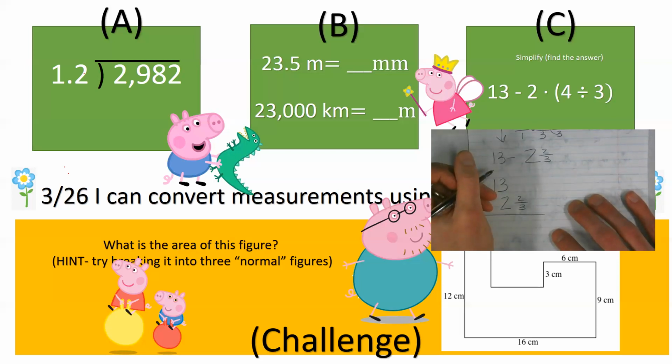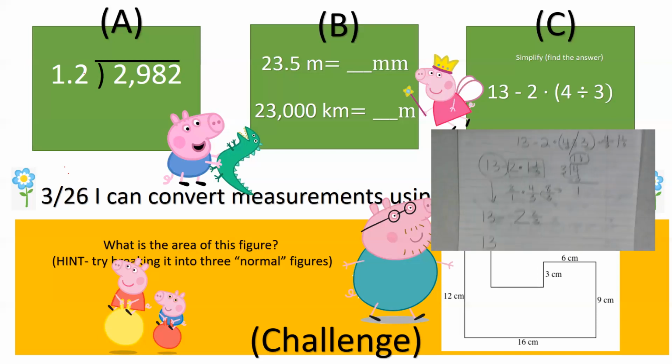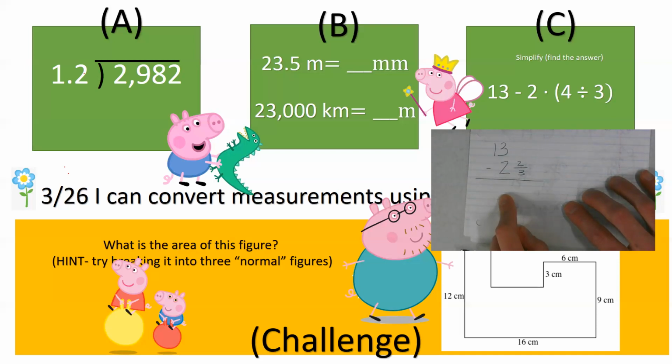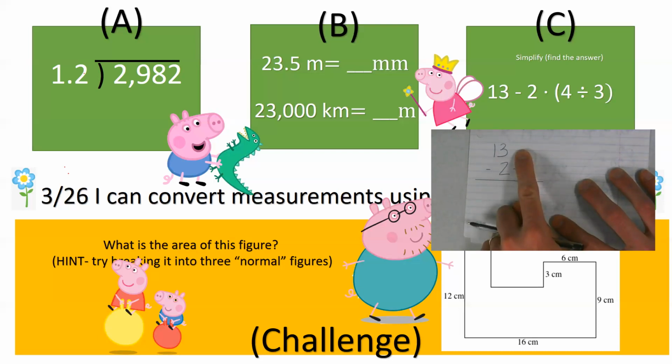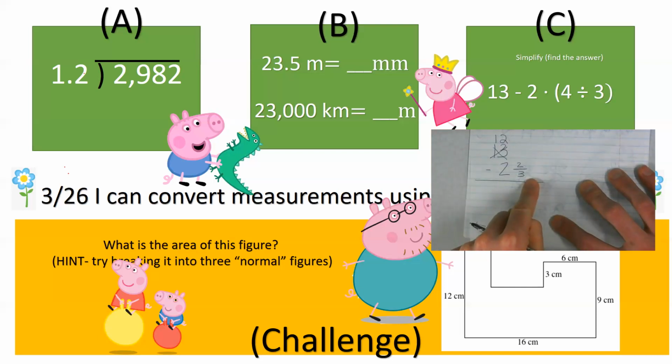So isn't it crazy how we start with this problem and we go through like 3 different units that we've learned this year? This is why I love this time of the year. You're using everything that you have now that you've learned. So the first thing is don't put 2/3 down because you're taking 2/3 from nothing. You cannot do that. So we have to say, hey, there's 13 wholes. We are going to steal one of your wholes. And we need thirds, right? So one whole is worth